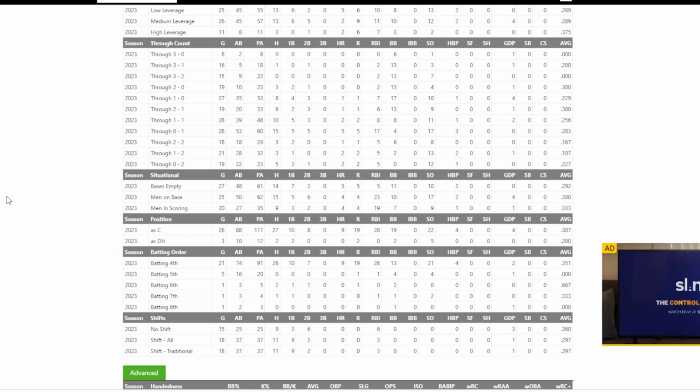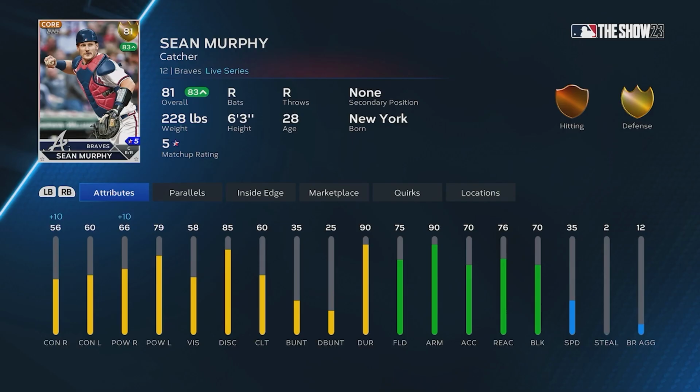But now that we know it's when runners are in scoring position that it factors in, hopefully that's something we see moving forward in roster updates: clutch upgrades where clutch upgrades should be applied. But as you can see, with only the 60 clutch, and then the contact versus righties and lefties and power